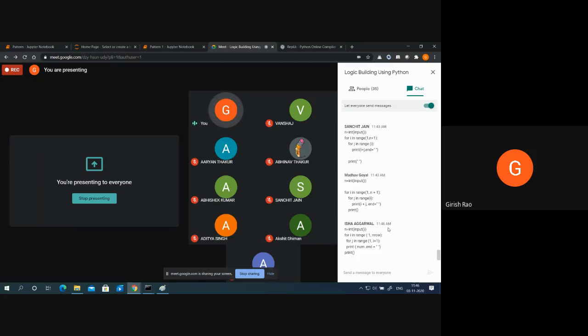Yes, Isha, slowly you are getting it, but the inner loop shouldn't be 1. It should be, let me again check what you have done. 1 plus 1, 2. I plus 1. For j is 1, and you are printing the value of num. Where is num? Isha, check the code, beta. I think it is n you want to print. That will be wrong.